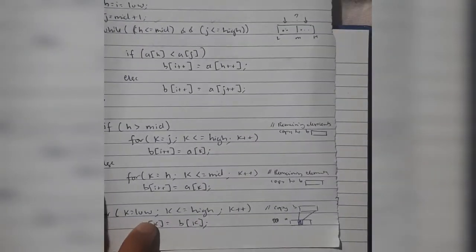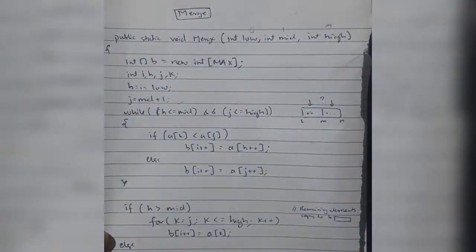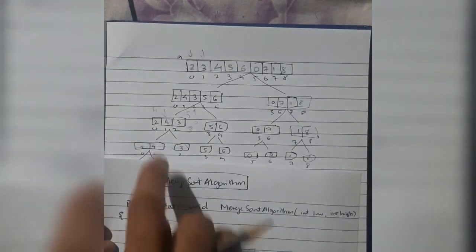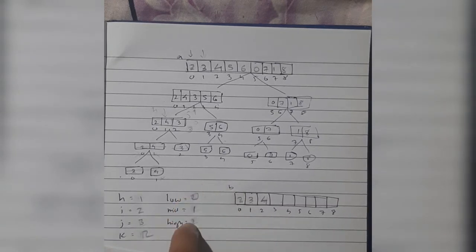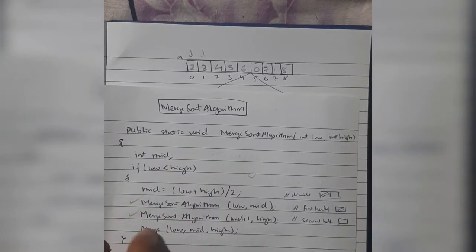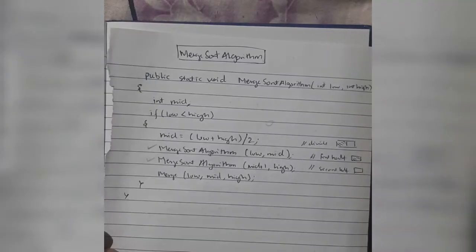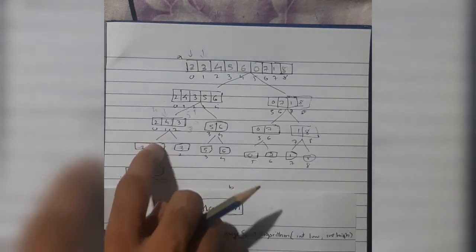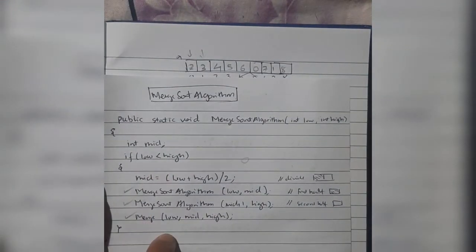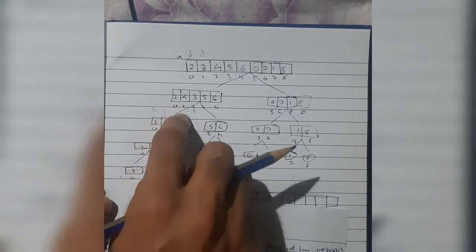What we have done, this line of code, from where did we get this code from? This code was executed when we called this function when we were under this array. When you are under this array, the values of high, low, and mid were 0, 1 and 2. At that time we had executed these two lines, then we had called merge. When we had called merge, we did what we did now only. Okay, and this is over till here now. Then we'll be concluding this code here. This one was over. So under this array, these three lines of code are over.